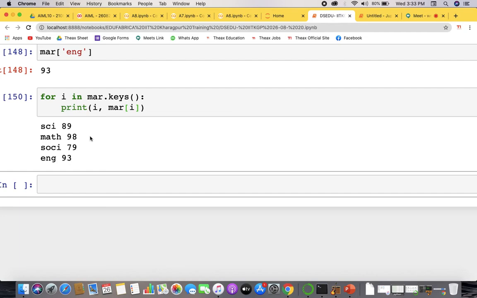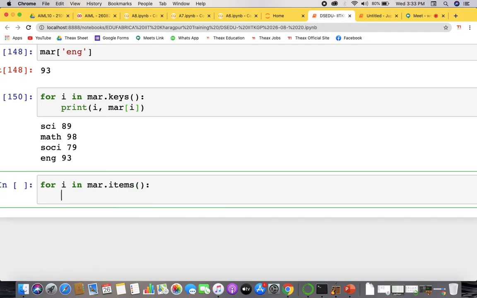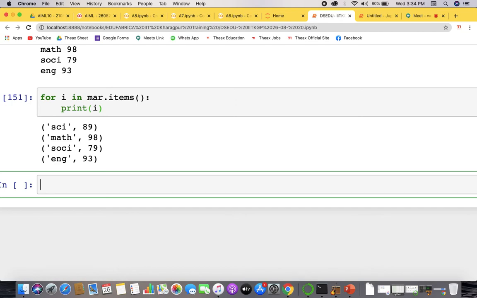And then the subjects and the marks can also be found with the use of for i in marks.items(), and there you could print i, and you'll be getting the respective things.